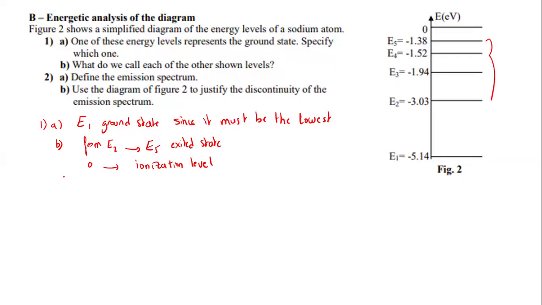Now, part 2A, define the emission spectrum. We know that the emission spectrum is the set of lines, or the group of lines, emitted